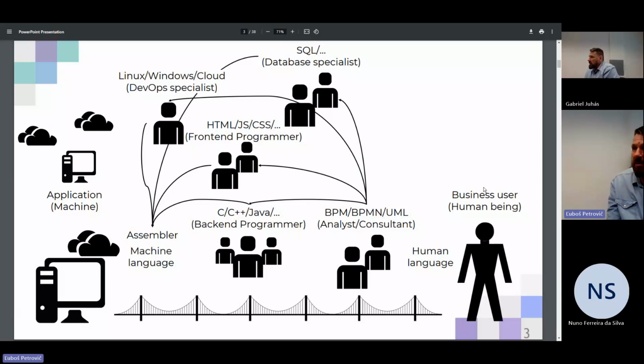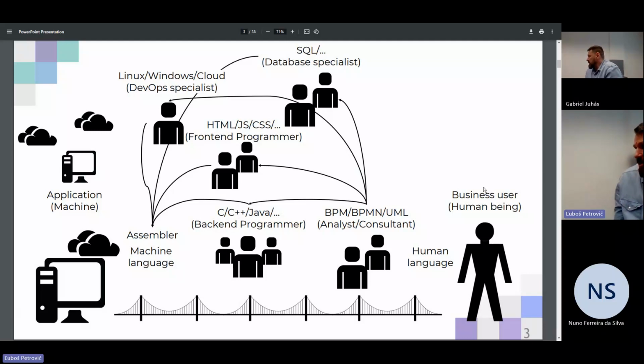So now you don't need to program in machine code or in assembler, but on the other hand, you need to know several different languages and several different frameworks to develop your application, such as, for example,